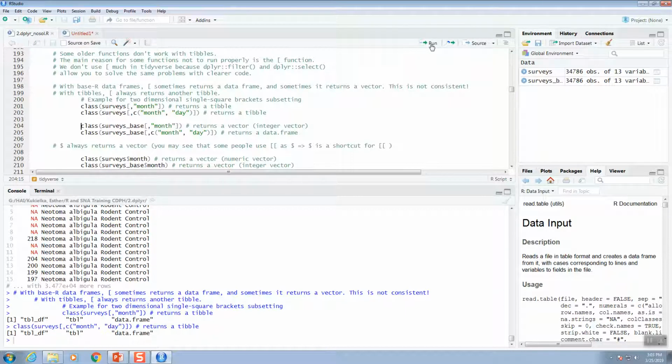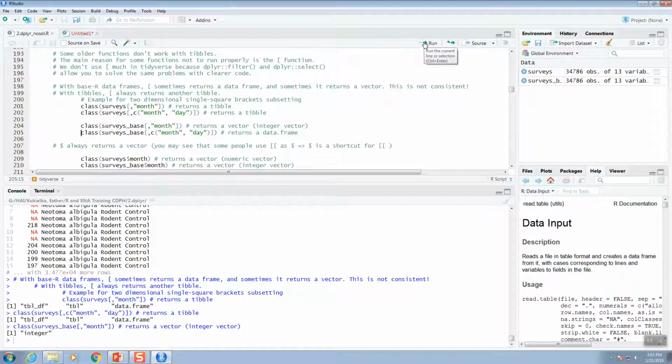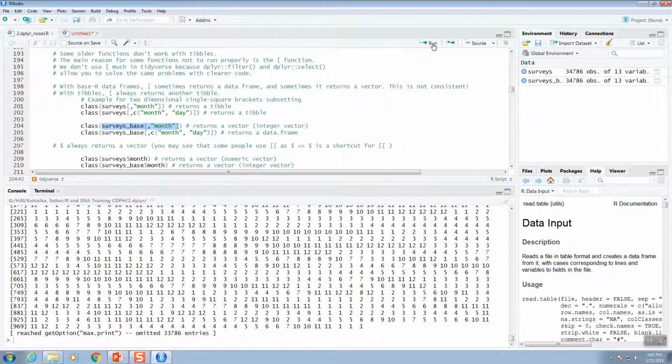If I run this one here, it returns a table, perfect. However, this one here, what I'm doing, I'm saying give me all the rows of the column month of this data frame, same as here. If I run it, it's giving me a vector. It's saying this is an integer vector. If I run the thing that it's inside, this is the vector that it's giving me, whereas this one here